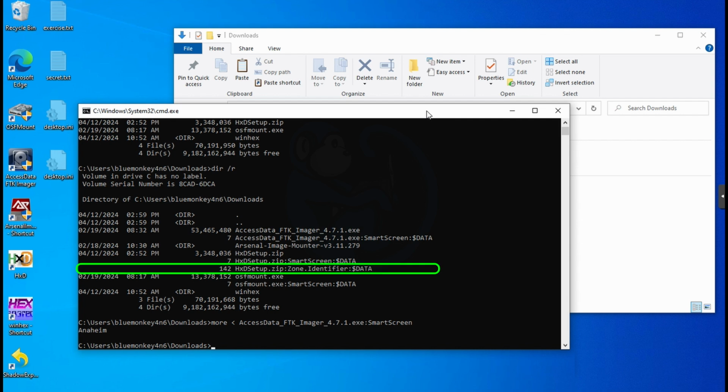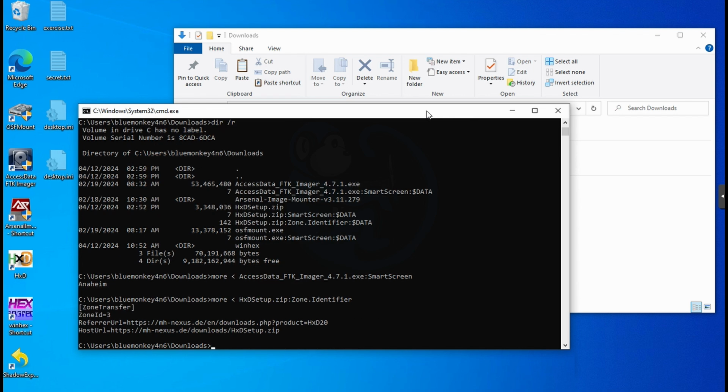A related file is the zone.identifier stream for the file hxdsetup.zip. This stream, called zone.identifier, was added to the downloaded file by the Internet Explorer program so that Windows can use it to warn the user of potential hazards. Let's take a look at the content of this file by typing more less than hxdsetup.zip colon zone.identifier. And we see the zone ID of 3, which means the file was downloaded over the internet,